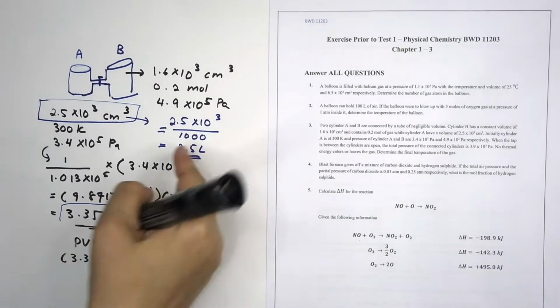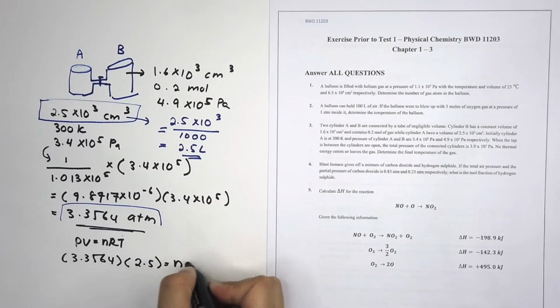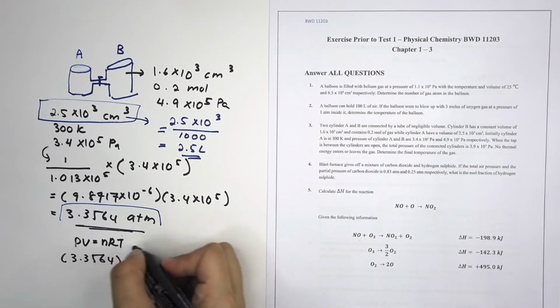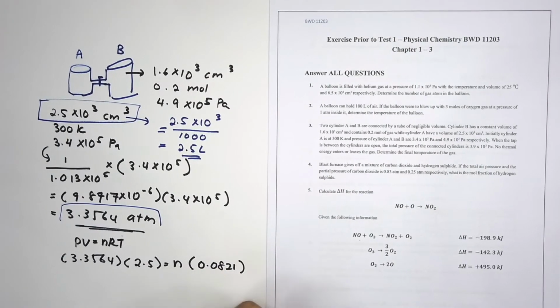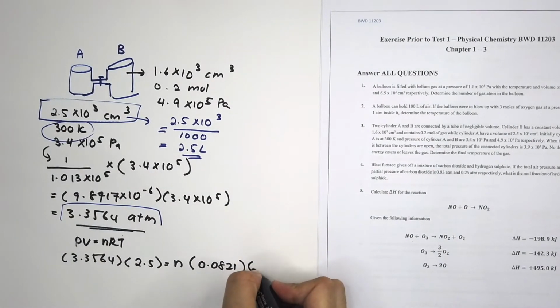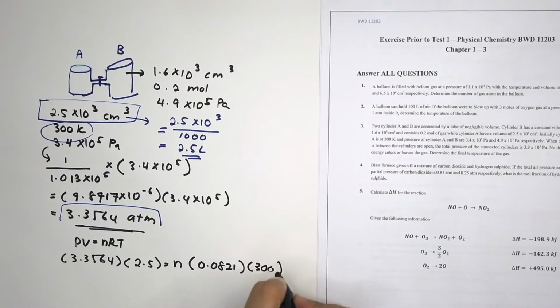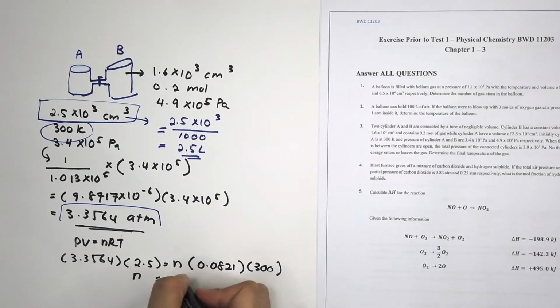Your V is 2.5. The n is the thing that you want to calculate. R is the constant value 0.0821, and your T is 300 Kelvin given in the question. You need to calculate it properly. You should get your n equivalent to